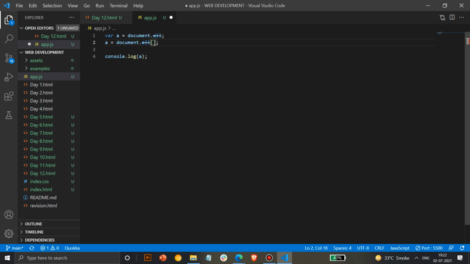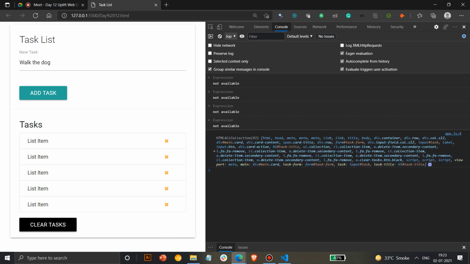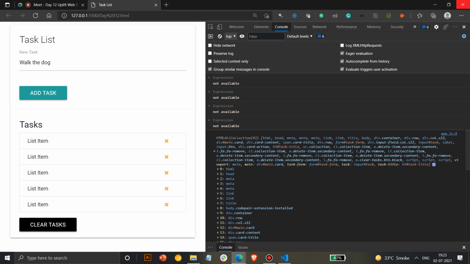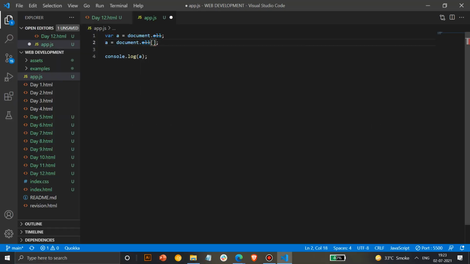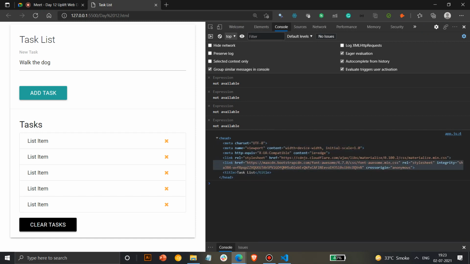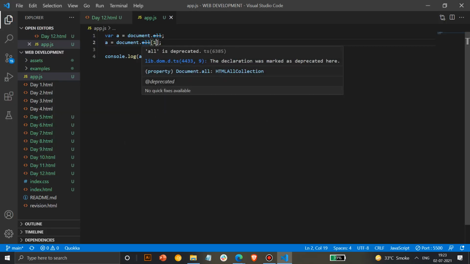So whenever we display the collection, you will get all the elements like this, and you can access each of these elements by index: it's at 0, it's at 1, it's at 2, 3, 4, 5. You can access each of them by their index. So if you do 1, you will get head. If you do 0, you will get HTML. If you do 2, you get meta. Is that clear? Does that make sense? So whenever you have to access head, we'll do bracket of 1, and we'll get only head, and you can see the output for head is only displayed here. This is how you access a specific element in the DOM.